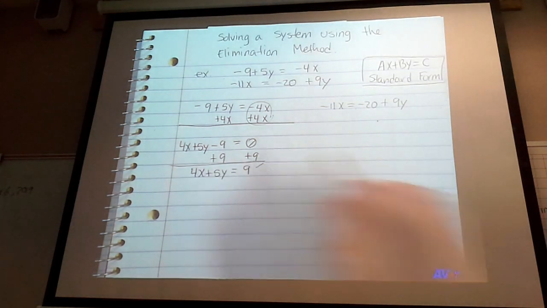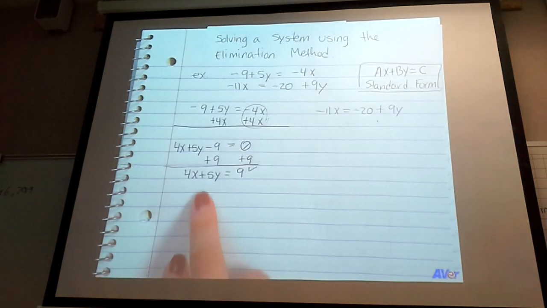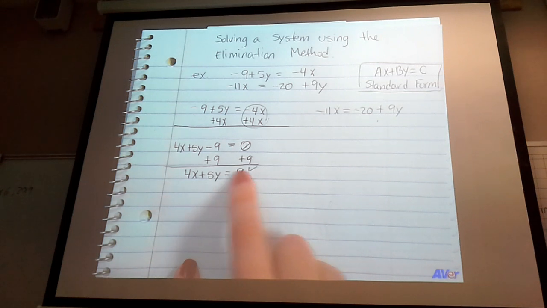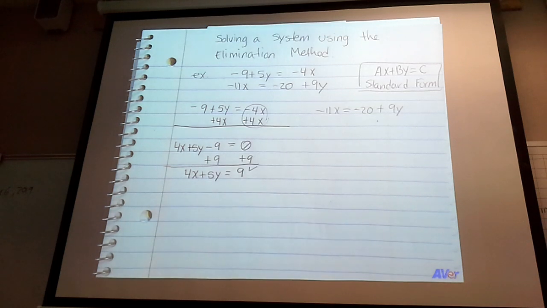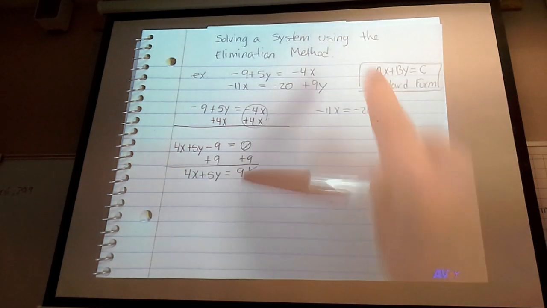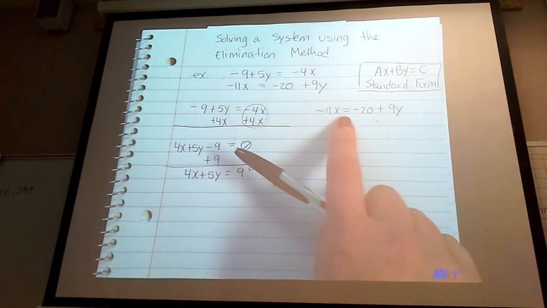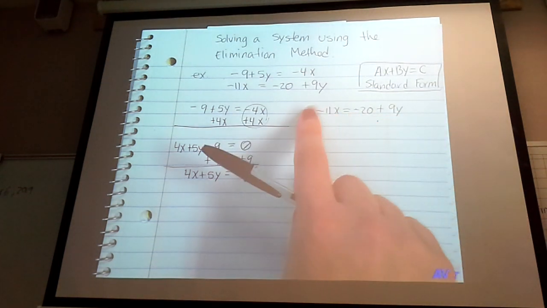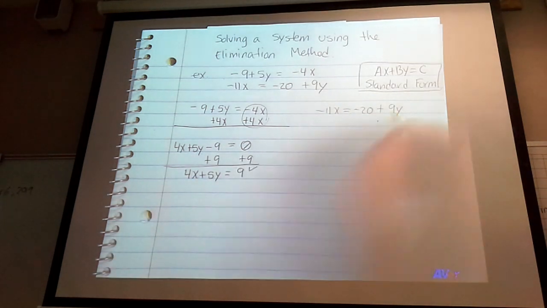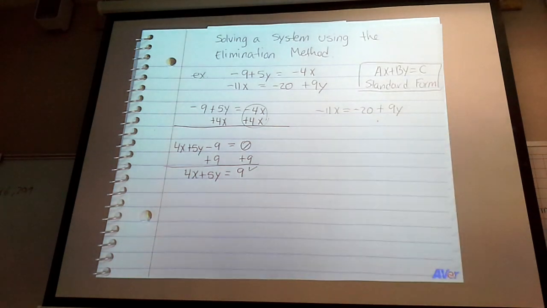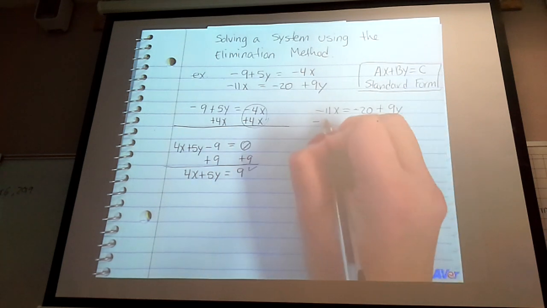Good. Now it looks like standard form, where the x and the y are both on the same side of the equal sign, and I have my constant, or my c, which stands for the constant term, on the other side. I'm going to do the same thing with the other equation. I want it to look like this. So I need to move the 9y over to this side. If I do that, I'll have the x and the y already on the left side of the equal sign. So to do that, if I have a positive 9y, I do the opposite, or we use the subtraction property of equality. So using the subtraction property of equality,